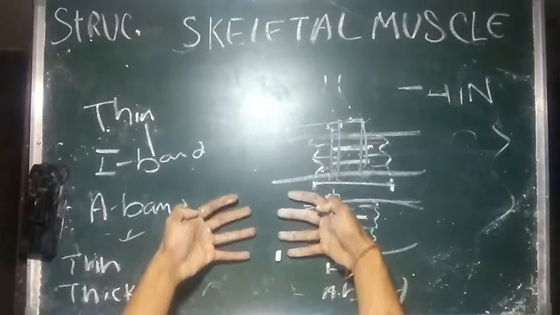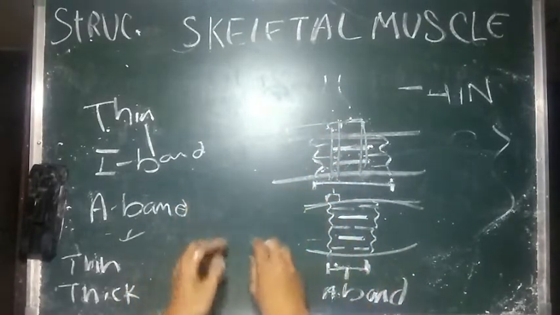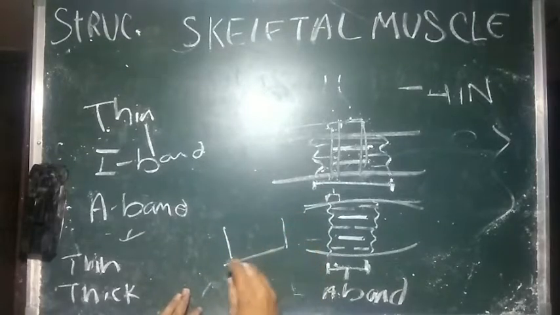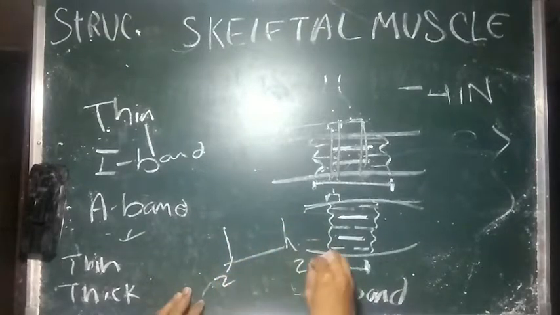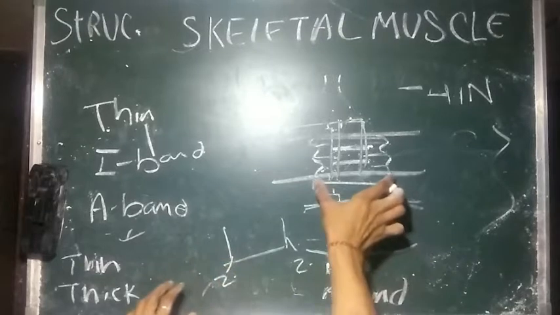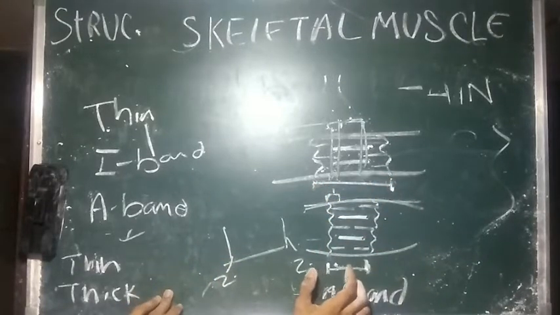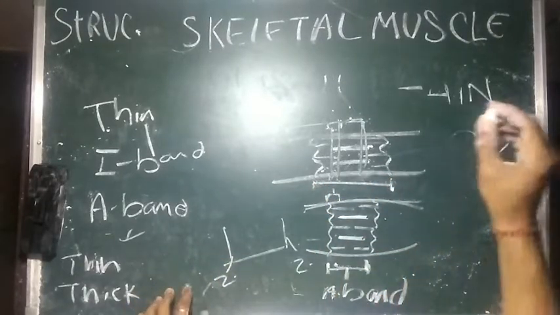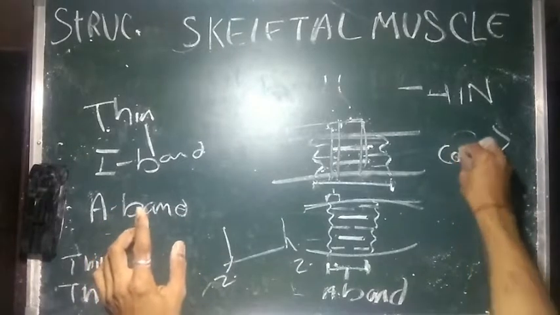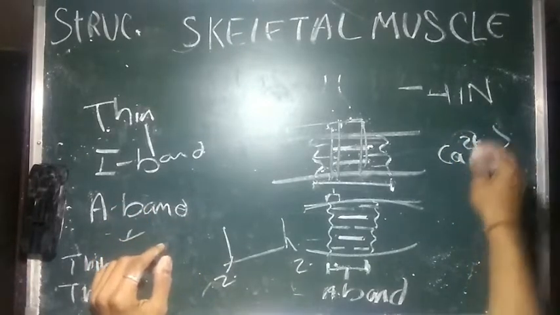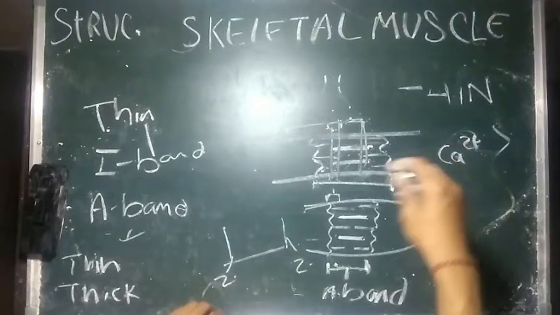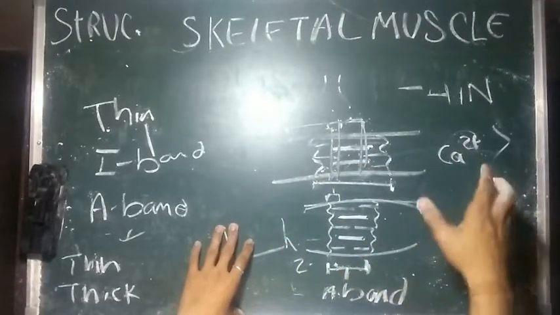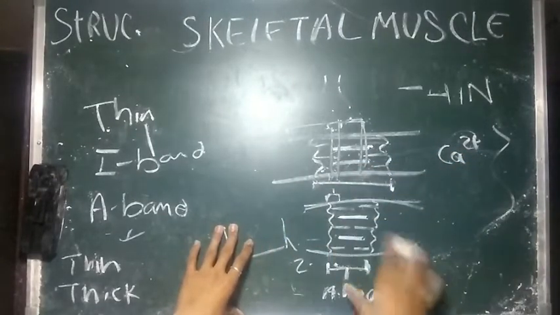The thin filaments have come closer to each other. The distance between the Z lines has decreased. So the length of the sarcomere has decreased. And in this way, the stimulation was due to Ca2+ ions. Ca2+ ions were secreted by our sarcolemma, the wall of the whole